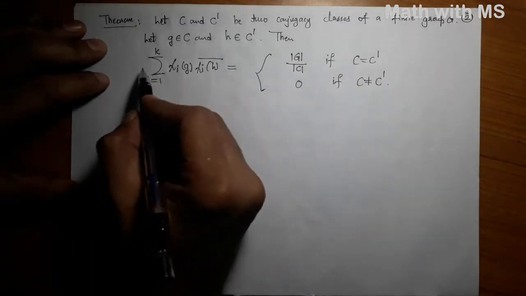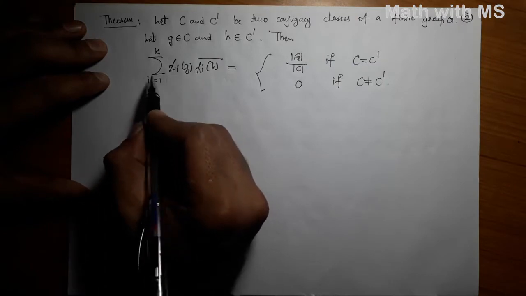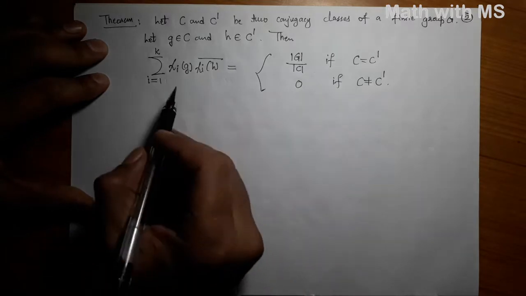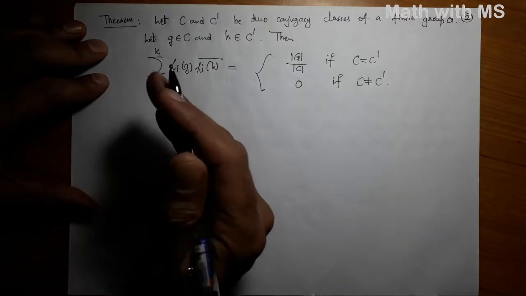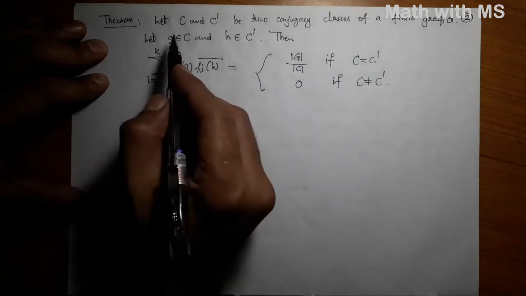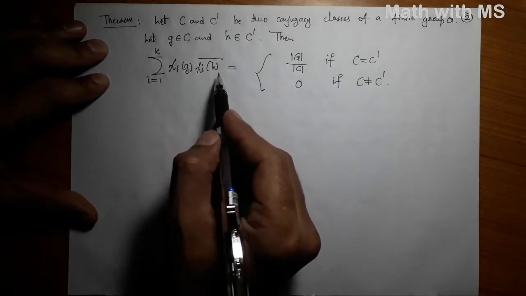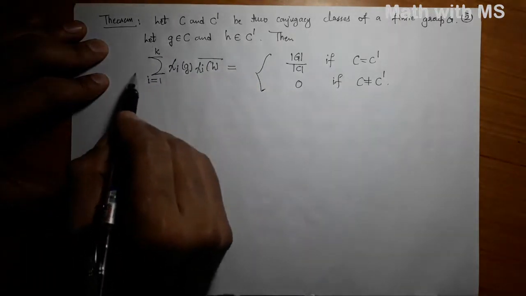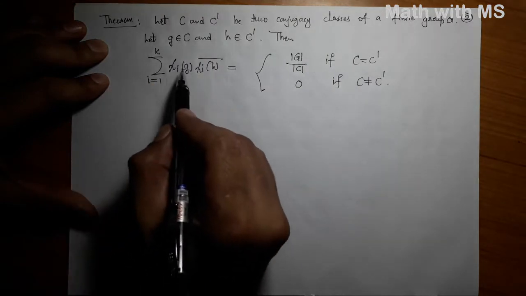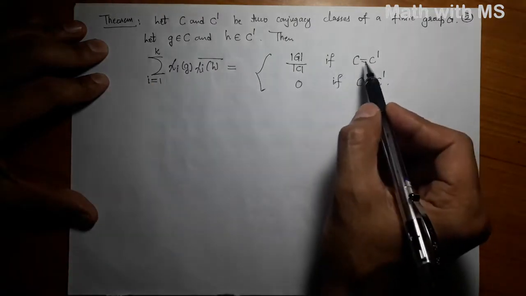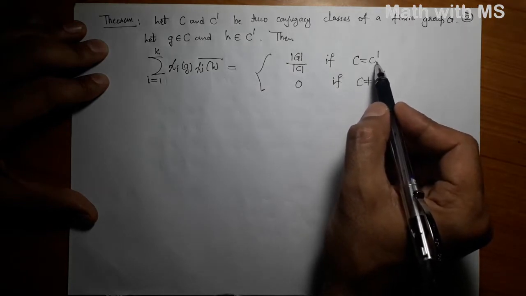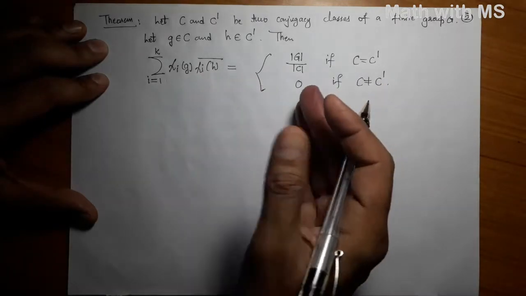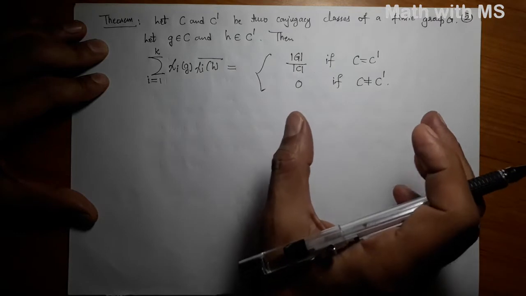Look at the left hand side carefully. You are running i from 1 to k, where k is the total number of characters, which is the same as the total number of conjugacy classes. So it is like chi1 of g, chi2 of g, and so on, where g is in a conjugacy class C, and the other is chi1 of h, chi2 of h, and so on, chi k of h, where h is in the other conjugacy class. And this is the standard Hermitian inner product. And you are showing that this is non-zero if the 2 elements lie in the same conjugacy class, equivalently the two conjugacy classes are the same, and 0 otherwise, and therefore this shows that columns of a character table are orthogonal to each other.